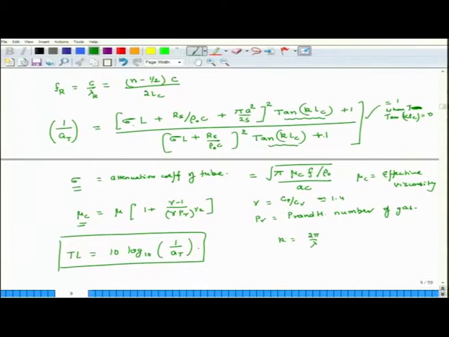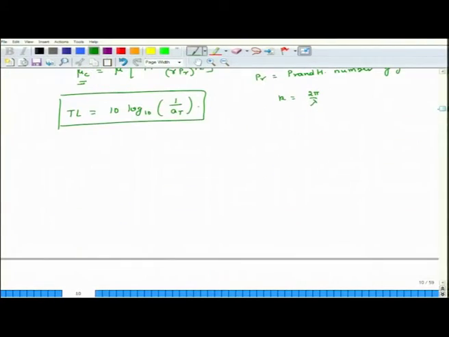So, the contribution of 1 can be neglected, and in that case I can omit plus 1 in the numerator and plus 1 in the denominator, especially when tan KLC is 90 degrees. Actually, this should be tangent square, I am sorry. Okay. And in that case, if I can omit plus 1 from numerator and denominator, these tangent terms will cancel out. So, 1 over 80